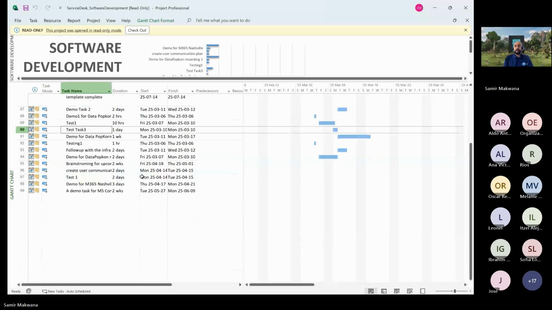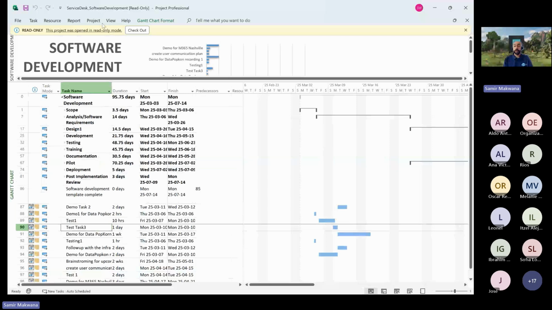But I have two demos for you guys today. One with Microsoft Planner, how we can leverage Copilot in Planner to enhance productivity for project managers. And then I'm going to show you how we can use Copilot Studio and a Power Automate workflow to automate some of the tasks if the project manager is using SharePoint as a document library and hosting their project as a Microsoft Project file in the SharePoint document library, right?